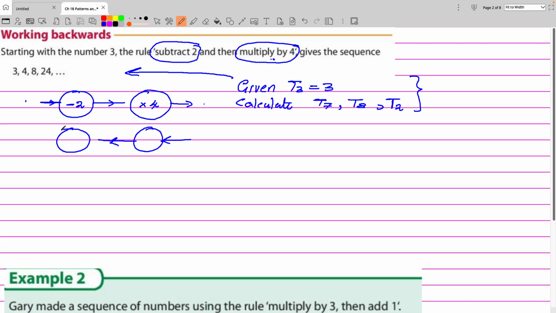Okay? Now, would you like me to turn this into a higher level question? So to turn this into a higher level question, what I do is I label up T3, T4, T5, T6, or I could have written much more easily, given T3 is equal to 3, which would be an awful lot nicer, calculate